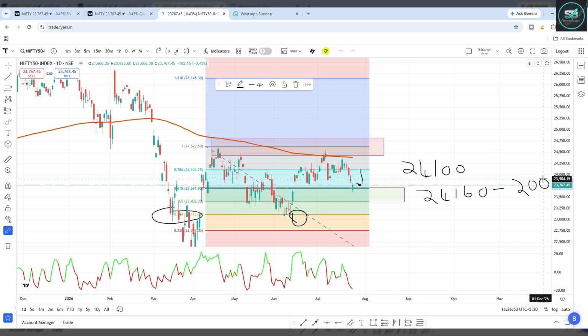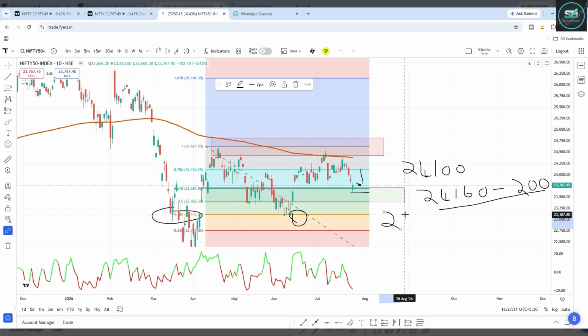The market has to test the 24,160 to 200 zone at least on monthly expiry. In case the market is not testing it and holding this level on Tuesday as well, maybe by the end of this month the market is going to test this level,